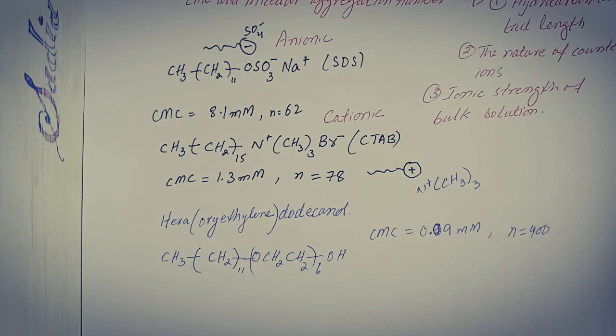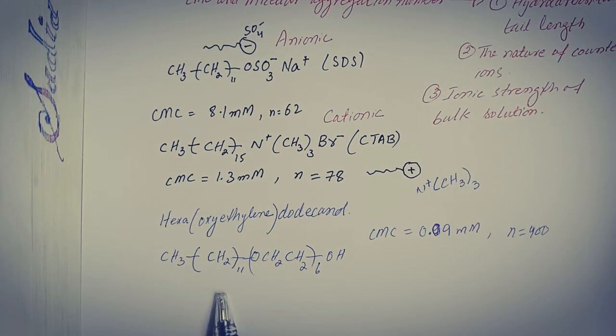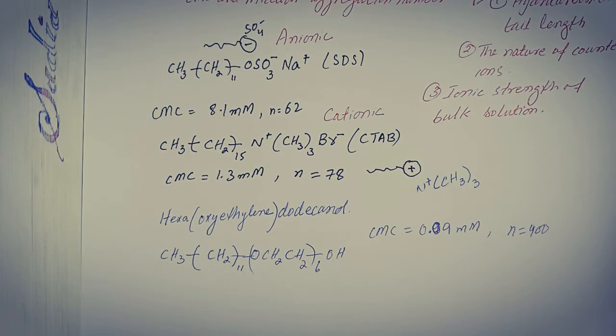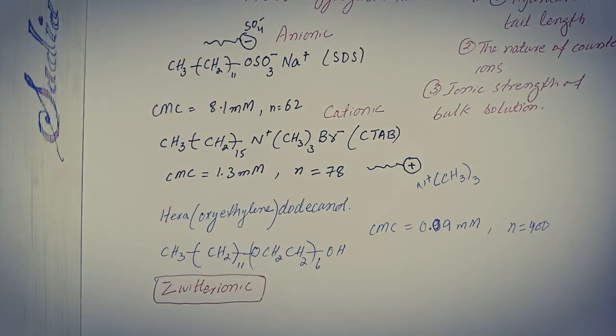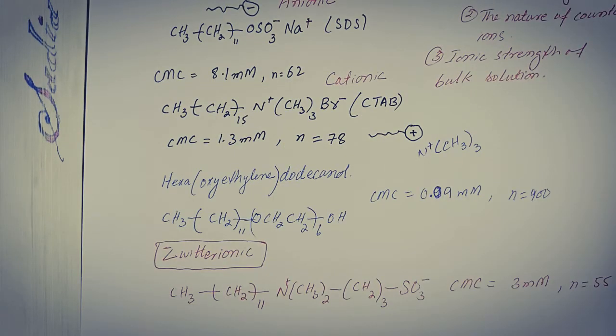That is due to these longer hydrophobic parts showing higher strength of hydrophobic repulsion. The fourth category of the surfactants or amphiphilic molecules is known as zwitterionic. It means that the surfactant molecule contains both the negative and positive parts. So here we have an example of the zwitterionic surfactant, that is actually known as